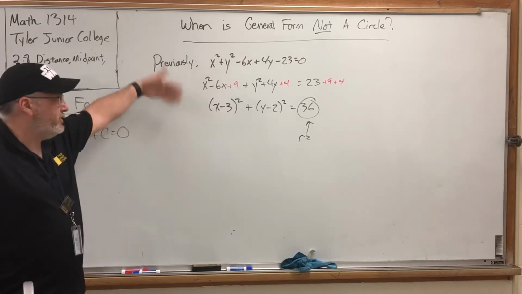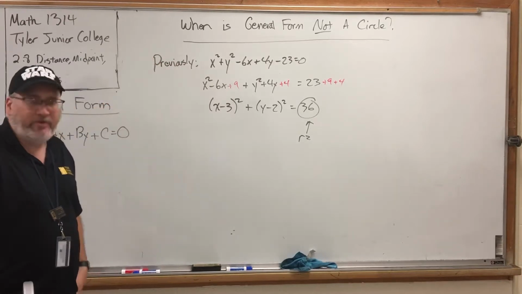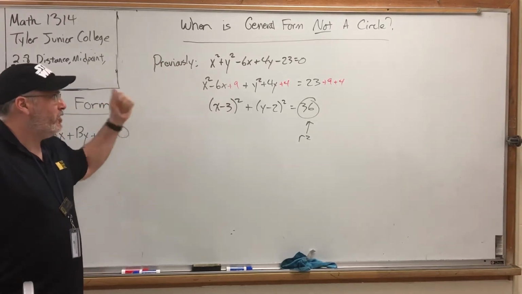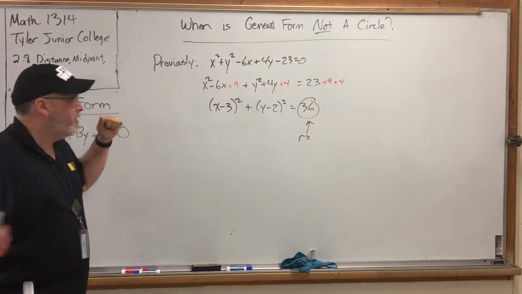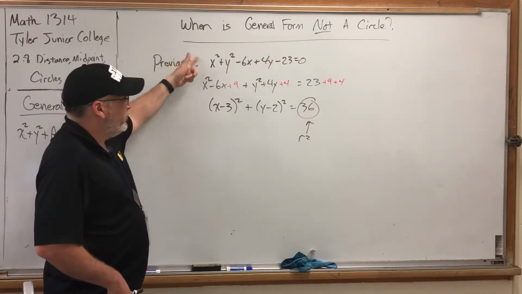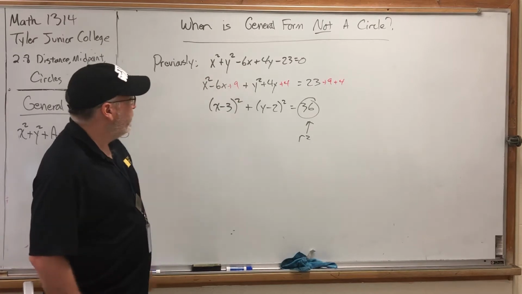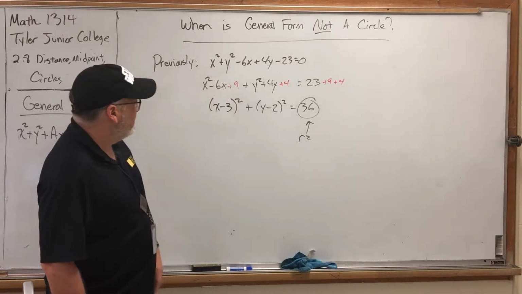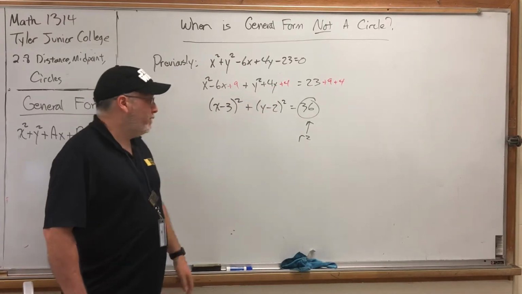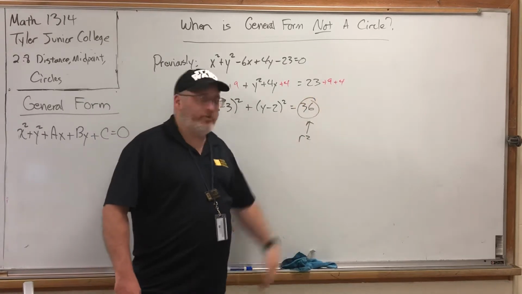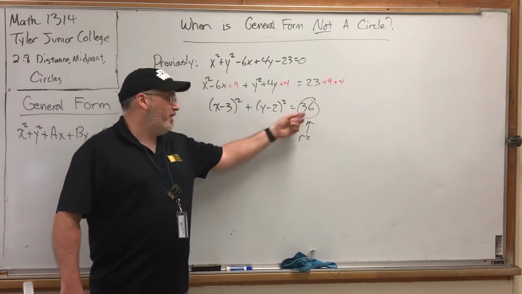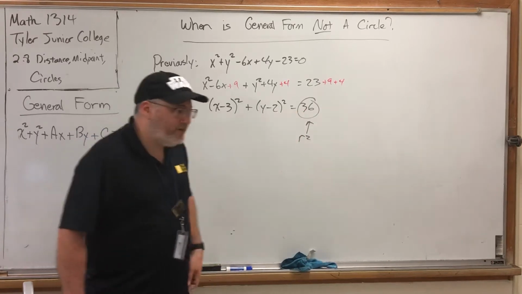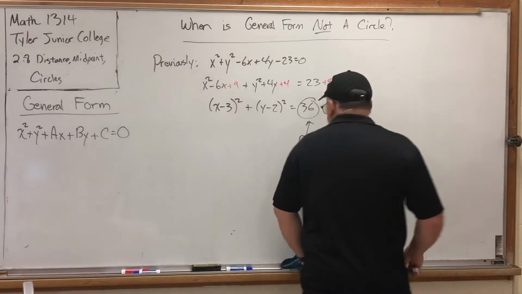What you see here is the completing the square that was done in the previous video. I'm not going to rehash all the completing the square moves. We'll have an opportunity to do that shortly. But we had this equation. We moved the 23 over. We rearranged pieces. We added 9 and 4 because they completed the square, and then we added 9 and 4 to the right side. And we got to standard form, and then we found the radius by square rooting this number, which happened to be 36. But